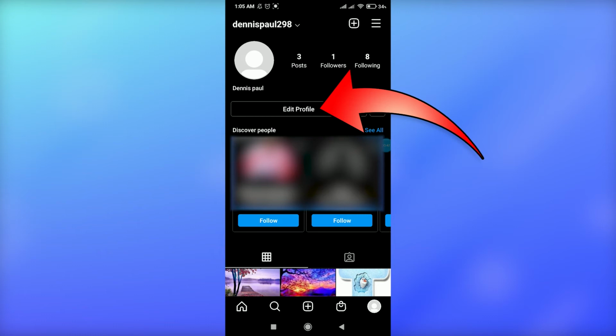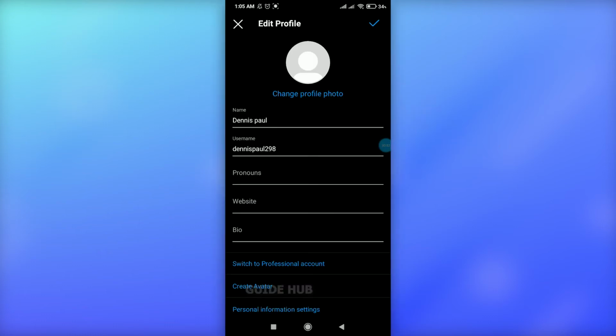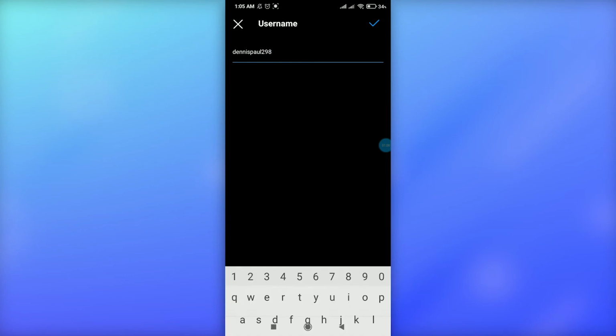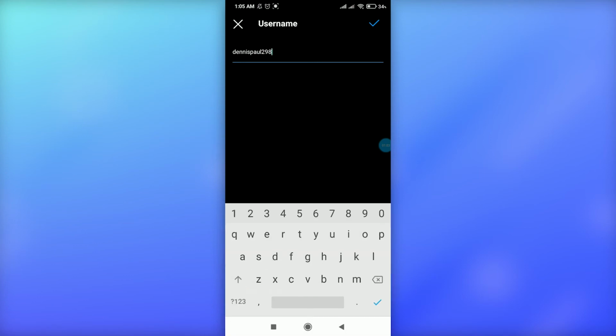In the middle, just tap on this edit profile option, and here you can see your name, username, and many options. So in order to change your username, just click on your username and you can edit your username. So I'm just going to change my username. It's tennis298, so I'm going to change it with